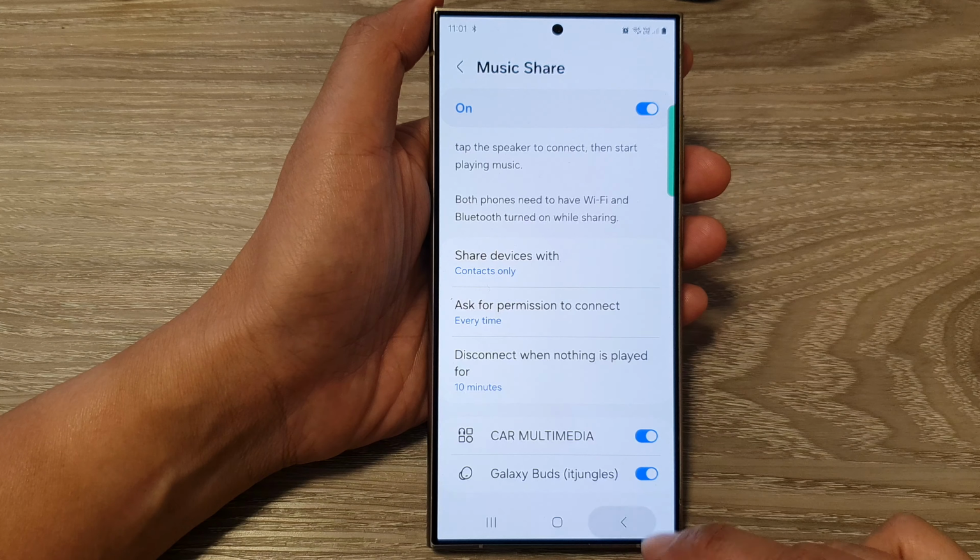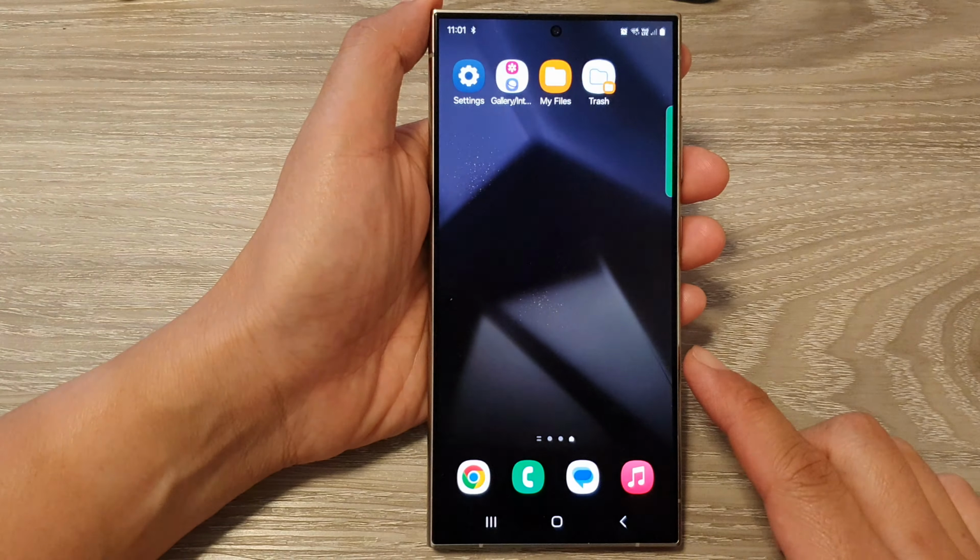And that's it. Finally, tap on the back key or tap on the home button to go back to the